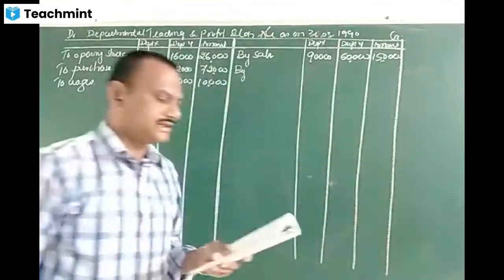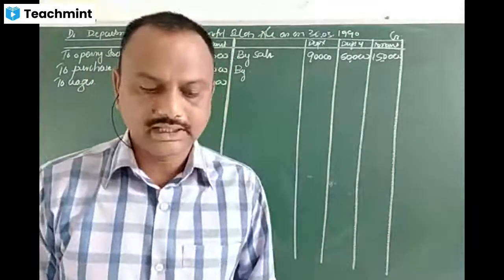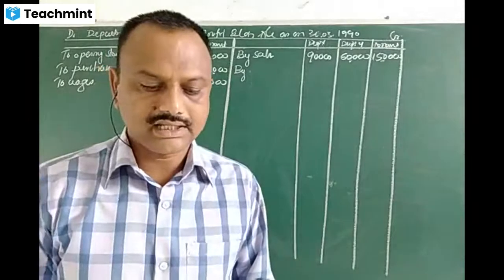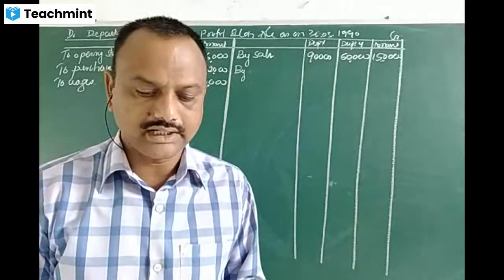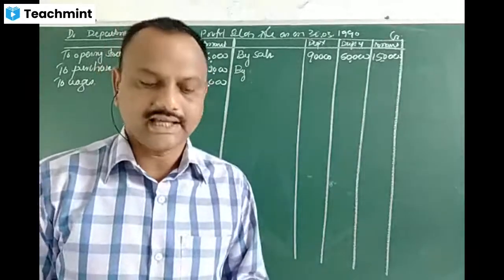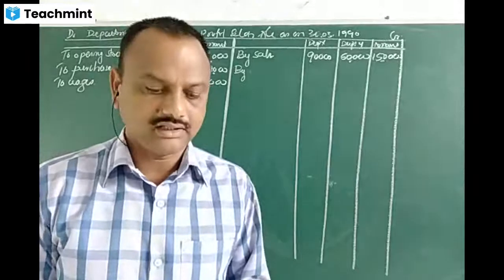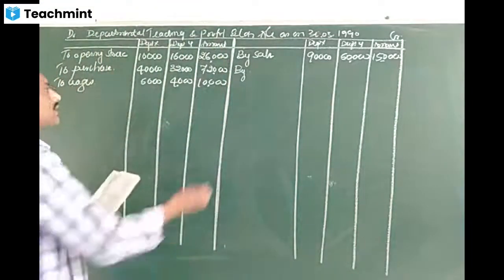there is one adjustment, that is D. Look at D adjustment. Inter-departmental transaction X to Y 16,000, it is not recorded in the above transaction. X to Y means X has sold some goods to Y, rupees 16,000. It means we have to record it by